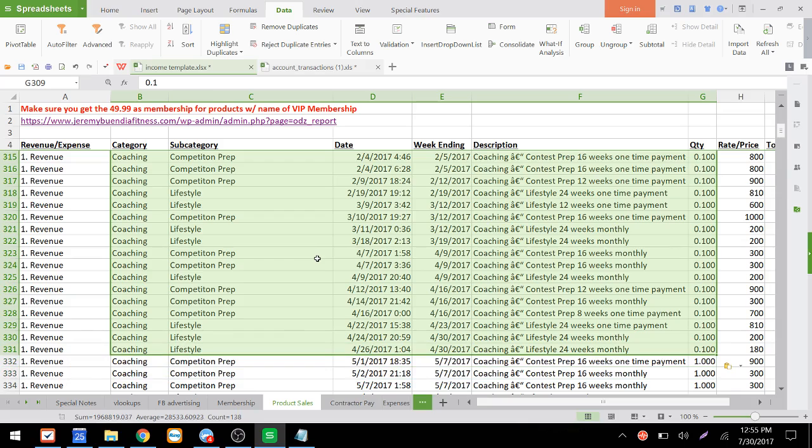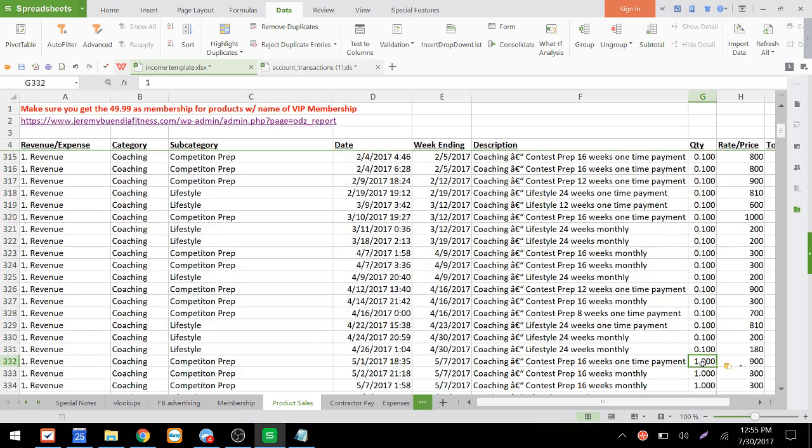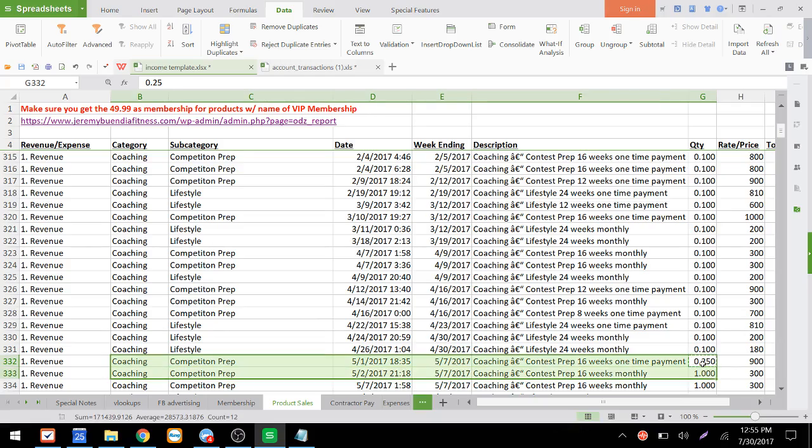That's 10% up to 426, right? Okay, so that looks good. Okay, now anything after that that's coaching is going to be 25%. Okay, so coaching,